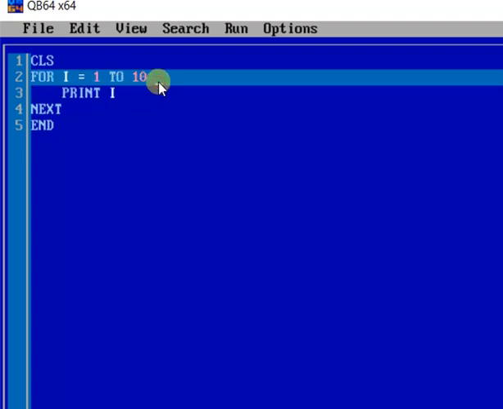Now by default the step of the loop is 1. This is a continuous loop. What is a continuous loop? A loop in which the loop variable is incremented by 1 is called a continuous loop.